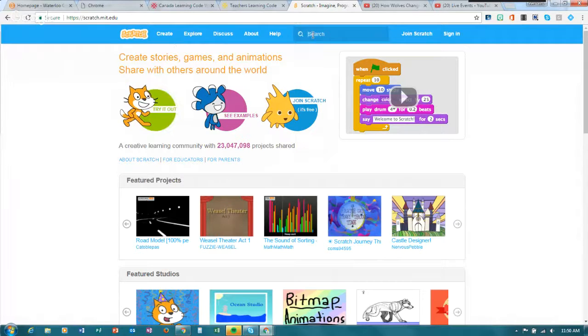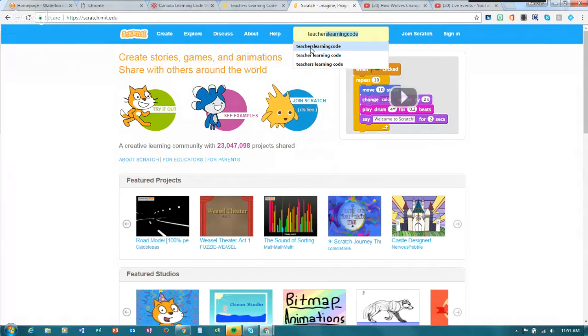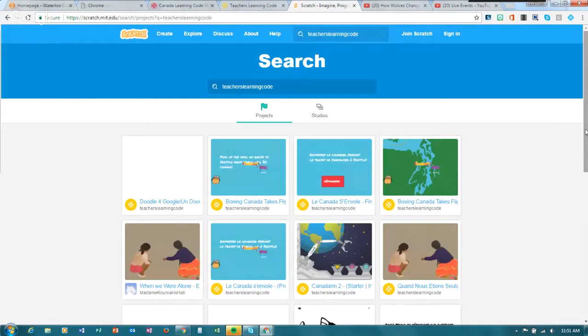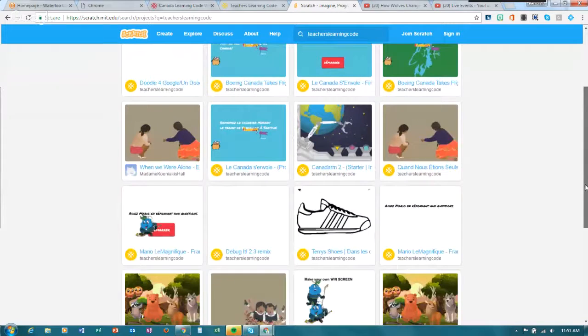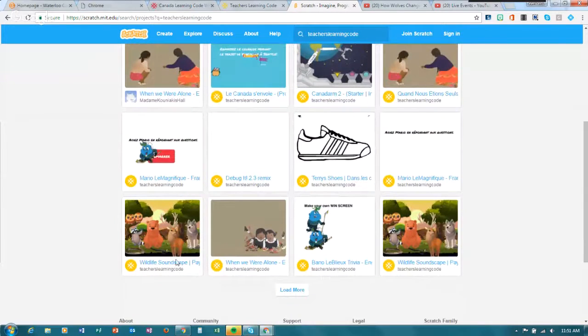What we can do is just simply do a search for teacherslearncode, and there's no spaces. Again, this template was provided in D2L, but you can also get it here. And when I do a search, I come up with all of the starter projects that Canada Learning Code has provided within the lessons for teachers. And I'm looking for this one down here. I'm going to click on it,